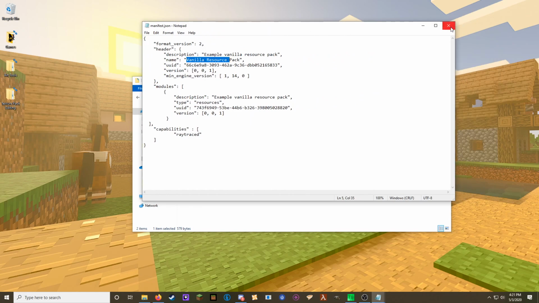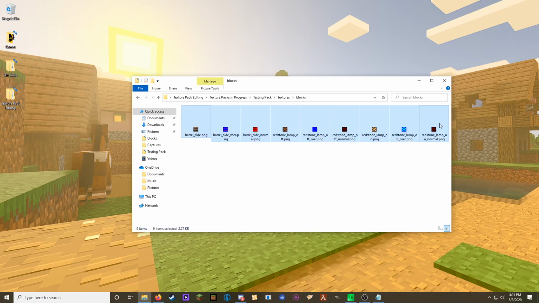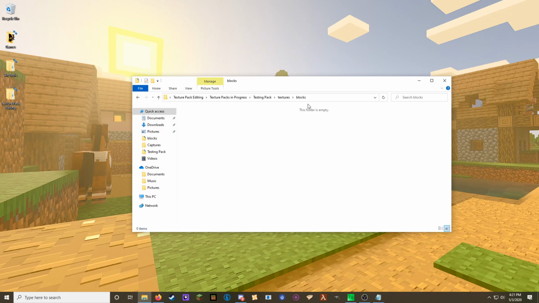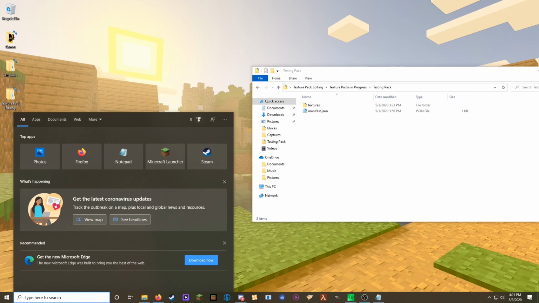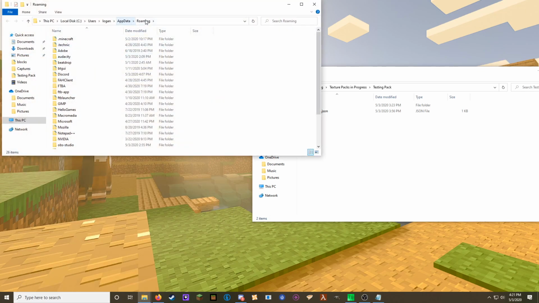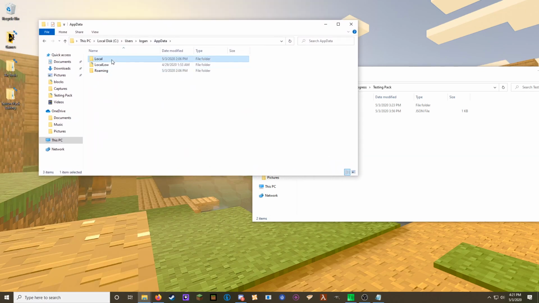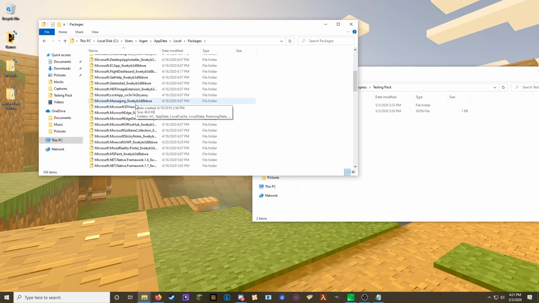So once you have that down, you've got this folder, and let's delete this. So you'll have an empty blocks folder. From here, you're going to want to go to the game files, which the easiest way to get to at first is going to be to go to %appdata%, go up one from roaming to AppData, go into Local, go down to Packages, and then go to